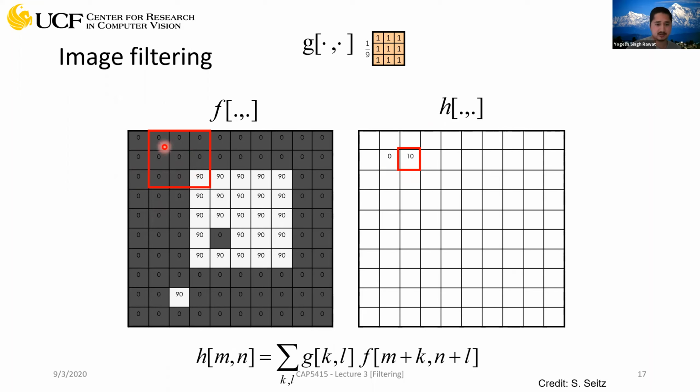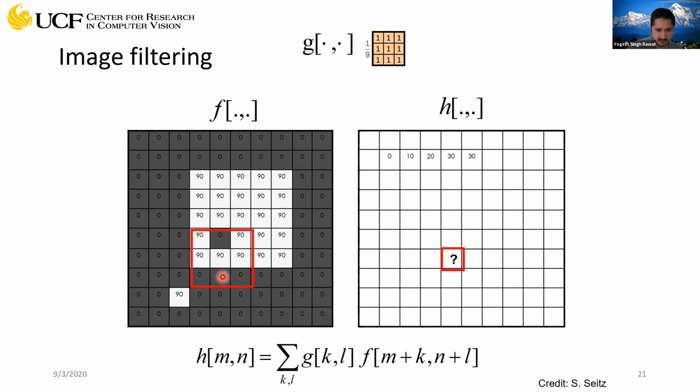We can see how this is smoothing this location over. As you move over, you have two 90s now, so it will lead to 20. Then 3 90s. These are contributing nothing, and these three will contribute 90, but again divided by 9, it's 30. Again, this is not going to change because only 3 pixels are 90.